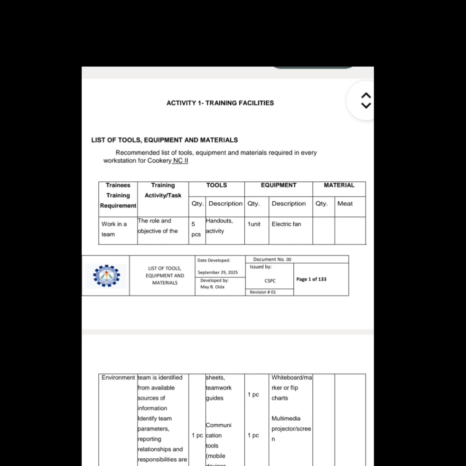The list of tools, equipment, and materials is important in training facilities because it ensures trainees have proper resources to practice and develop the required skills. Of course, when they perform the activity, they need to have appropriate equipment and tools for making it, and it is very